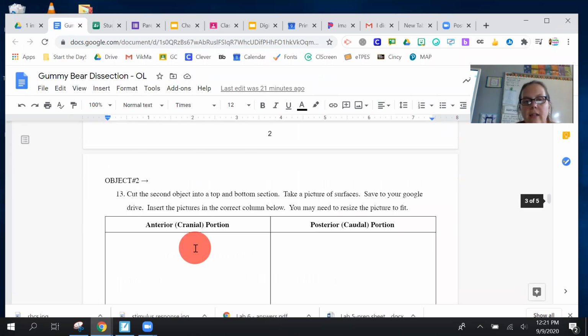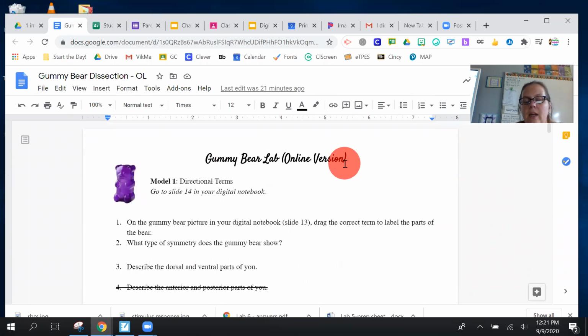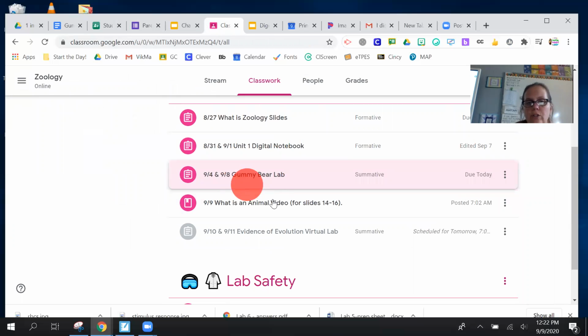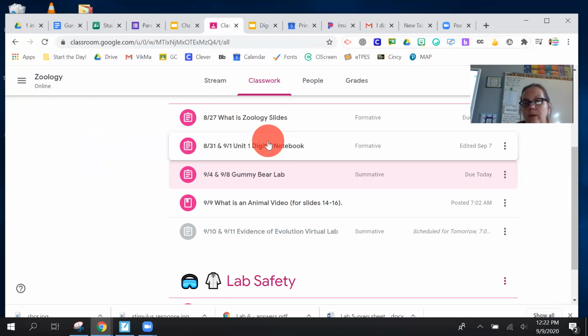All right, so that goes through the gummy bear lab. A couple things. This was a 2-day lab for us. So if you're a little bit behind, that's okay, because we did take 2 days to do this. Remember that even though it says, I don't remember when, today it's due, which this is the 9th. That's okay if you turn it in late, there's no penalty, but you don't want to get too much further behind, especially if you haven't done the digital notebook yet either,